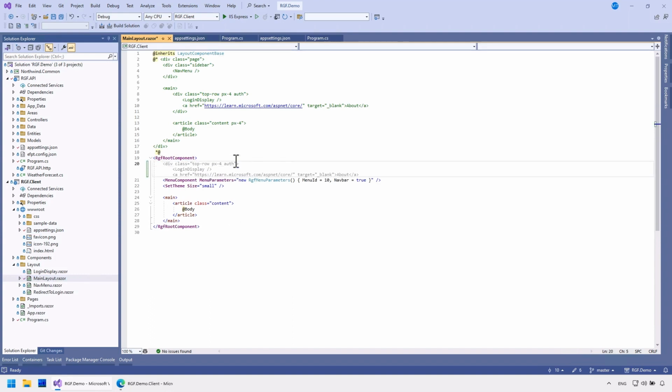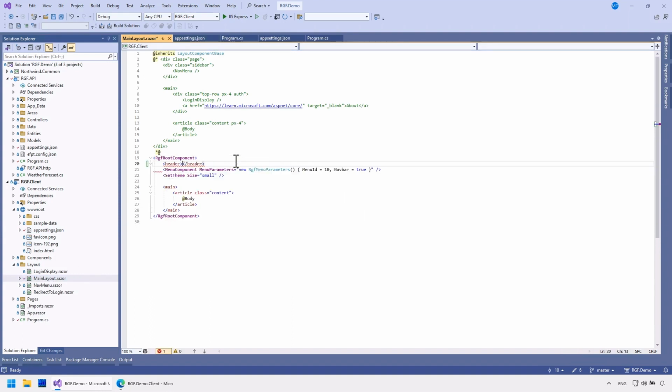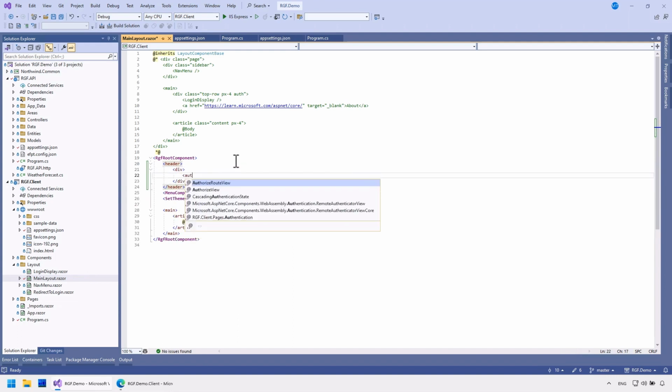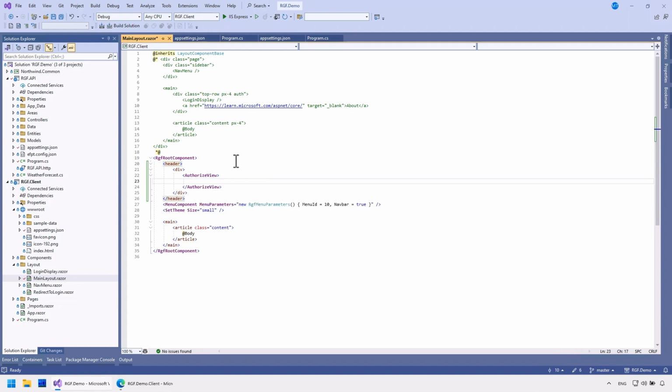I'll do this in the main layout. I'll only display the menu when the user is logged in.